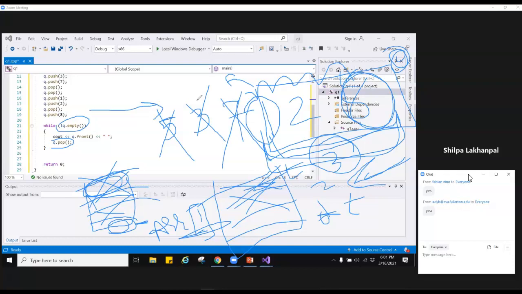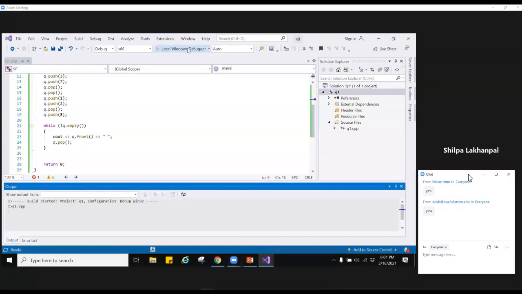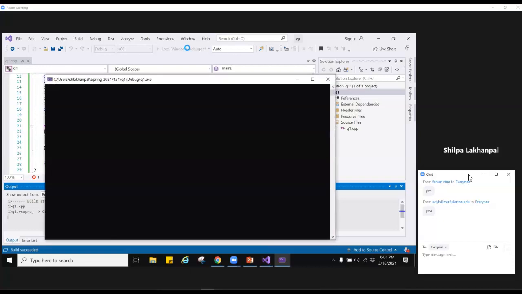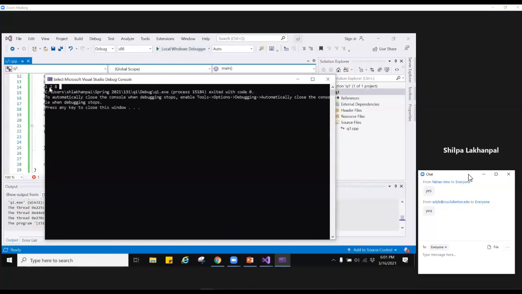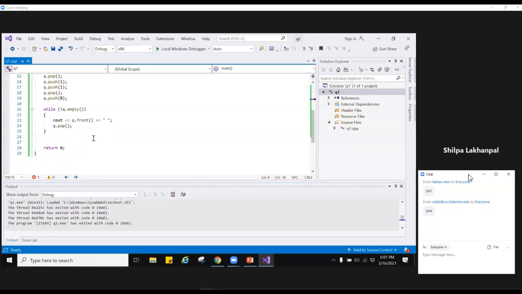So now let's see, we expect 1 to 8 as the result of these commands. If we want to print this, we have a 1 to 8 at the end, which is the correct queue at the end of all of these commands. But now after that, over here, if I want to do something again with the queue, that queue is empty. At this point, after this loop, the queue is empty. So is this clear?